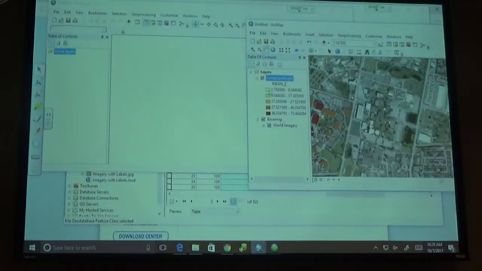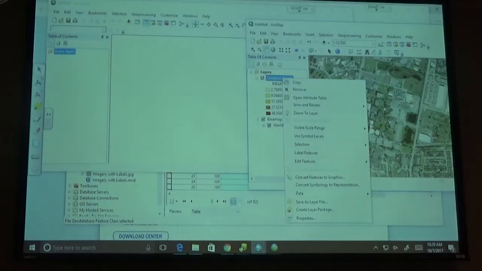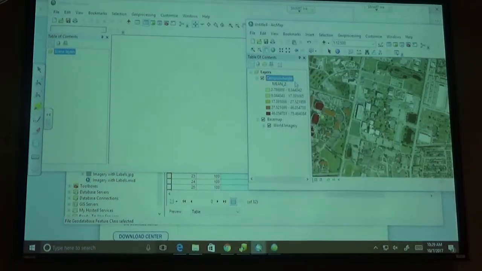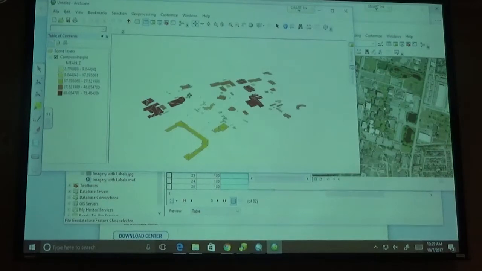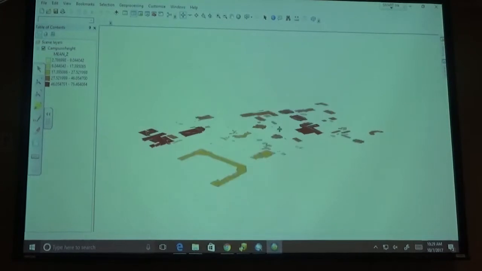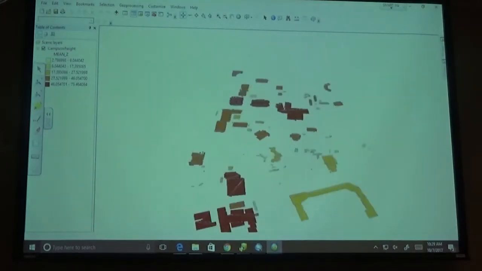And hit OK. Now, I right-click on my campus data. I just simply say copy, and drop it into the thing. Or you can drag and drop, doesn't work. Copy, and then paste it back in as a scene layer with paste layers. Like we would exchange this in different things. It takes a moment. And now it shows up as a plane